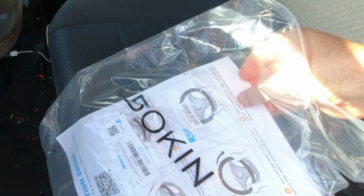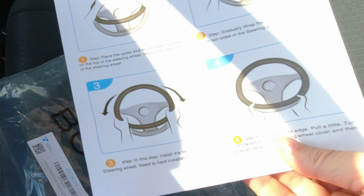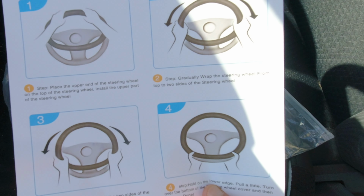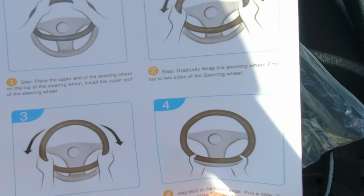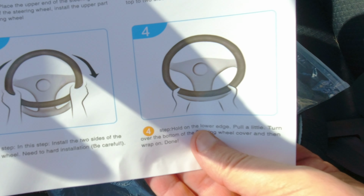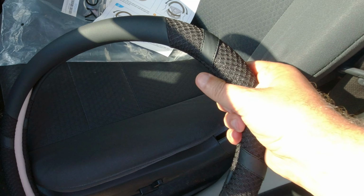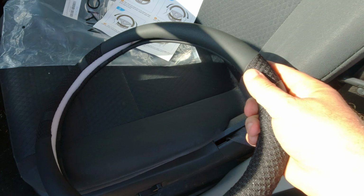Okay, now on the instructions, really all you have to do is start from the top, pull it around to the side, and then pop it on the bottom. Let's see if that's how easy it is. Now before we start with that, I can tell you that